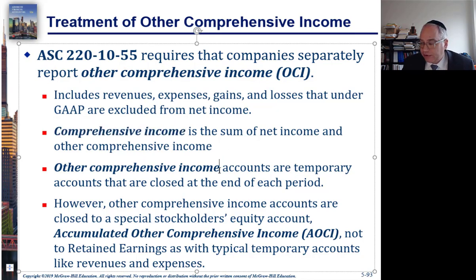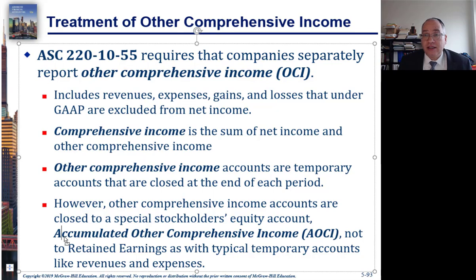And other comprehensive income items are weird items that temporarily go into this account, accumulated other comprehensive income in stockholders' equity. That's the shoebox. And then when they come out of it, they go back through other comprehensive income again and then into net income. So examples of other comprehensive income items include investments available for sale